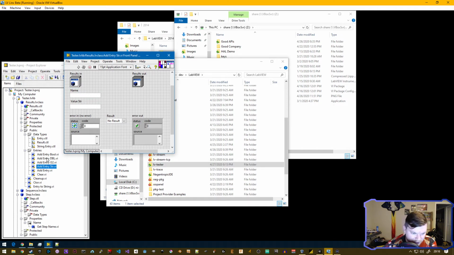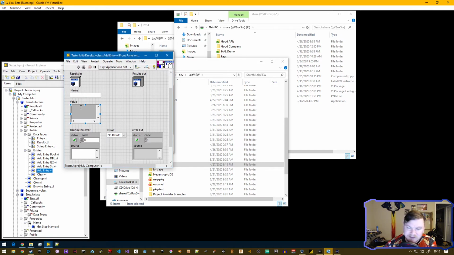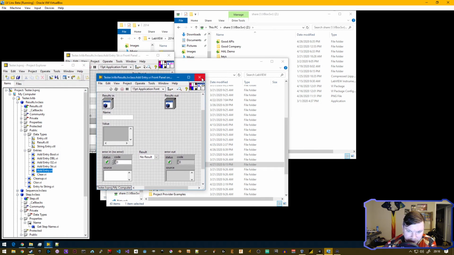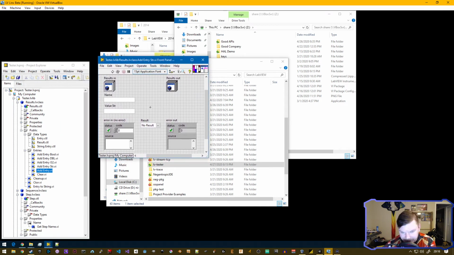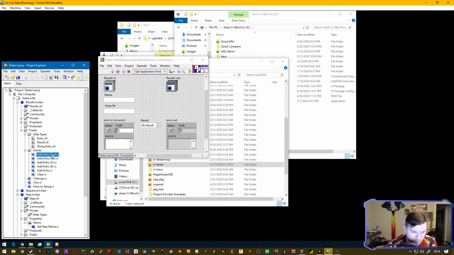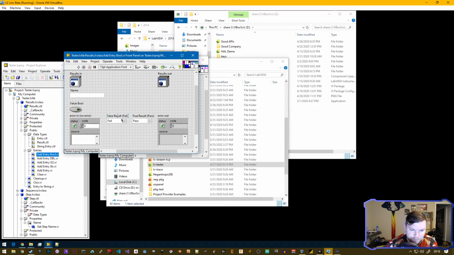And then we've got a couple different types, or you can just pass in any type, but then you lose out on some of the utility abilities that this will give you for generating string tables, things like that. But you pass in what the result is. In the case of the Boolean, we've got some stuff that'll default to fail for false and pass for true. But it's up to your step to determine